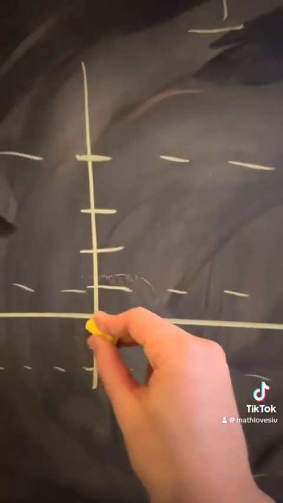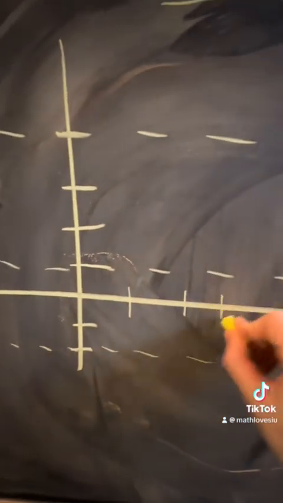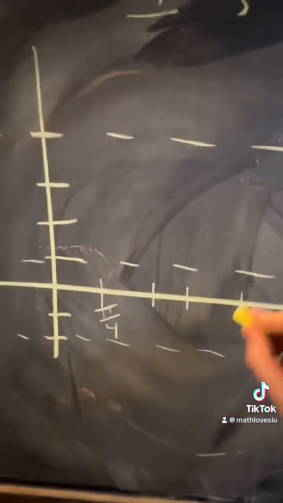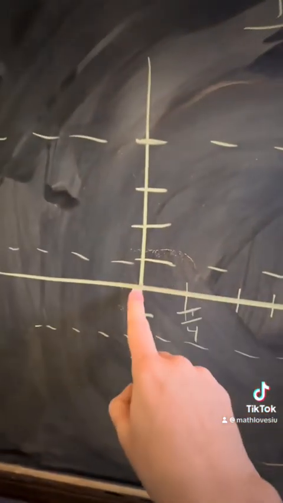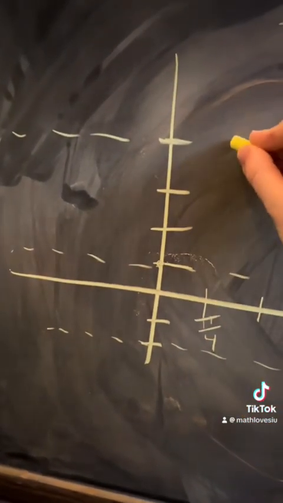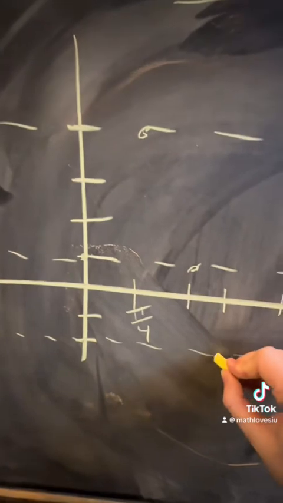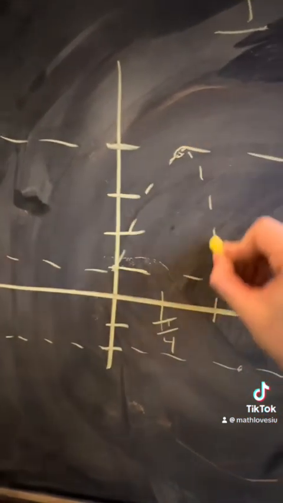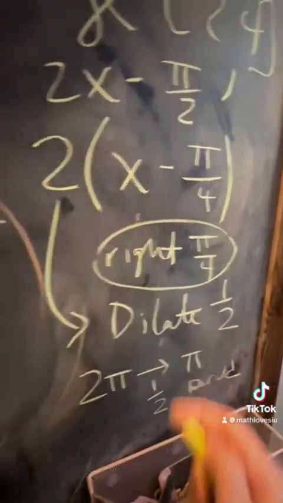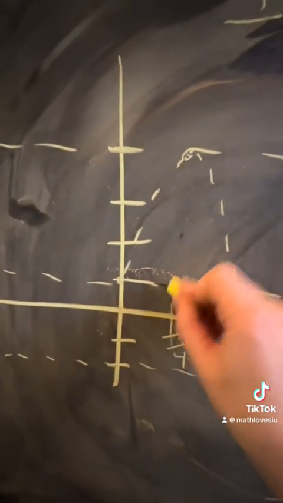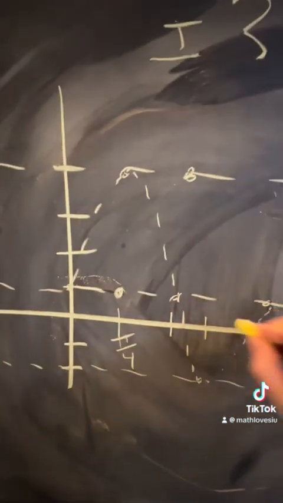So pi over 4 is going to be my up, middle, down, middle. So what would happen is sine starts at its midline. So it would be here, middle, up, middle, down, middle. That's where it would be, but I'm going to make that like this because we had the shift right pi over 4. So right pi over 4 means this point goes here, and now I'm going up,